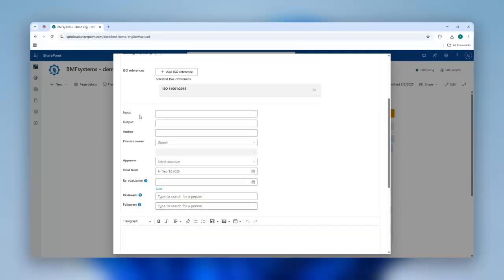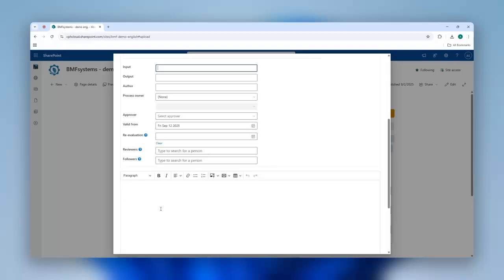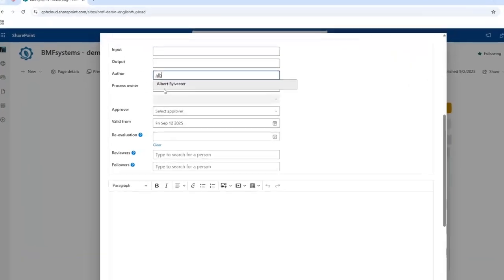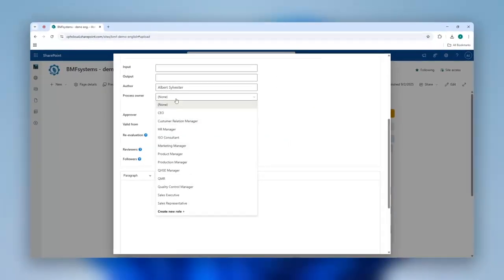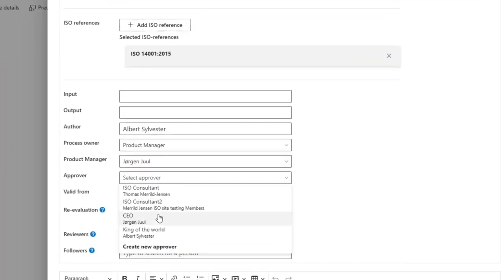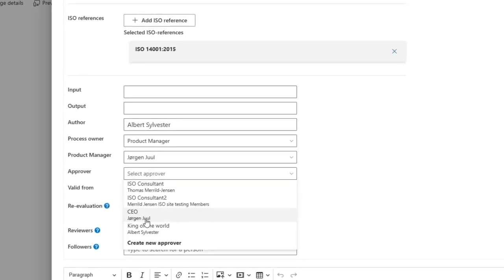The input field describes what goes into the process to achieve the desired output. For example, the output could be a successful workday without complications, and the input could be preparation for the day. Other fields include author, the person who wrote the document; process owner, the person responsible for the process, e.g. product manager;